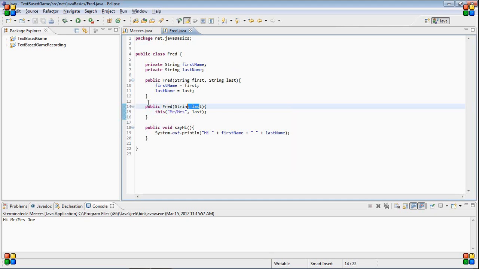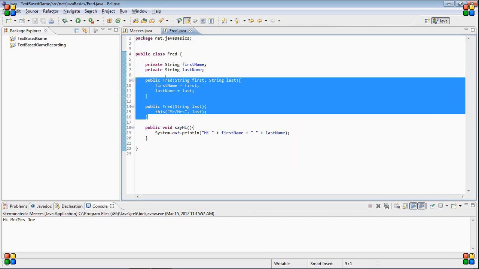If you didn't do this, it would be a bit more confusing. But that's how you use multiple constructors. You're not limited to even two. If you want to include their middle name,